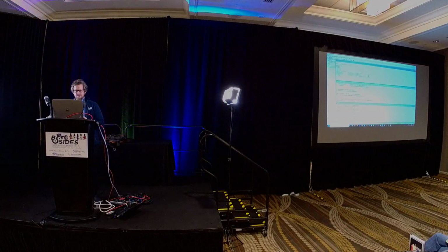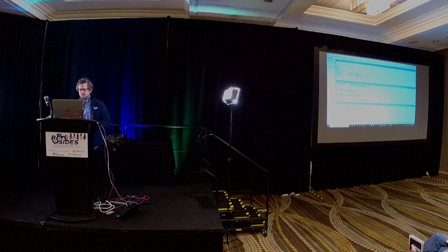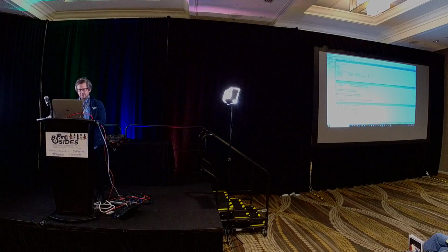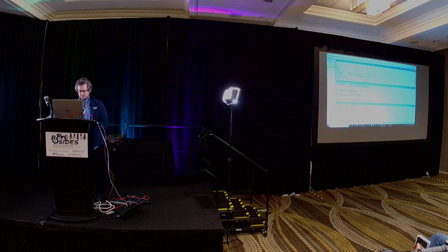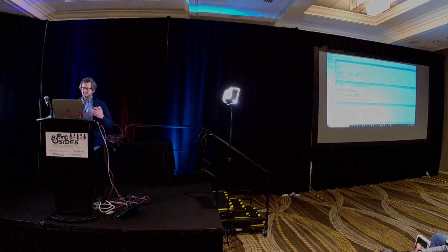OK, so we'll initiate something from itself to, say, the router. Let's initiate Telnet from the router itself. I think it has it built in here. It does. OK, so let's Telnet to 10.66.66.1. So we get a trigger on that. And it's giving us a